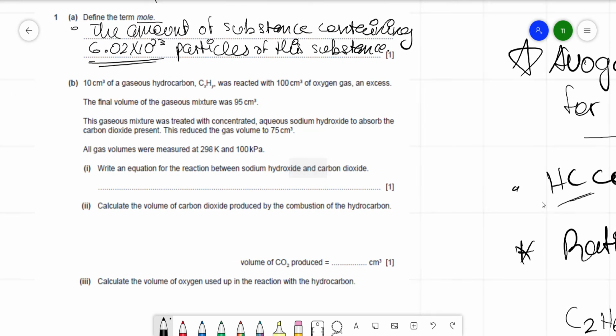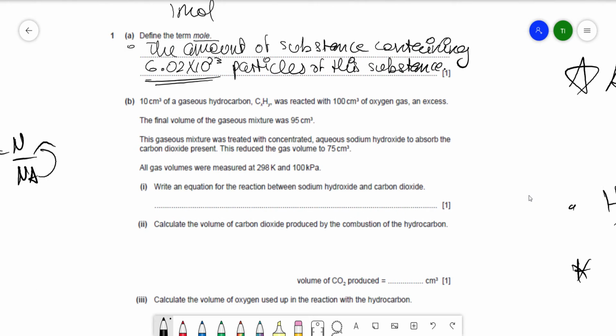Okay, so 10 centimeter cube of gaseous hydrocarbon CxHy was reacted with 100 centimeter cube of oxygen gas, and excess, so you cannot use this in the ratio yet. So the final volume of the gaseous mixture is 95 centimeter cube. So this could either be the excess oxygen, carbon dioxide, and water, or just the excess oxygen and carbon dioxide, depending on the conditions. So the gaseous mixture was treated with concentrated aqueous sodium hydroxide to absorb the